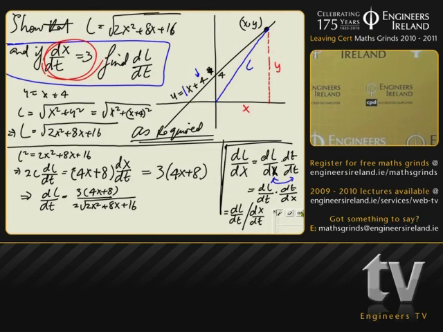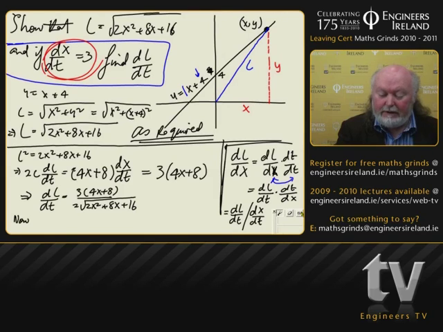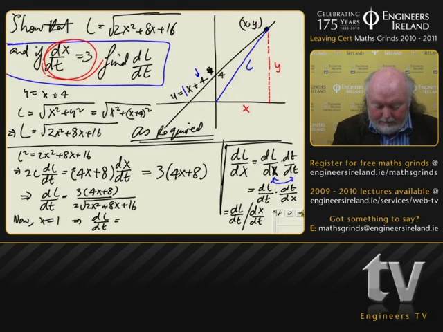Okay, so that's our dl dt. When he wants to find it, for example, when x is 0, or even when x is 1, when x is equal to 1, that implies dl dt is going to be equal to